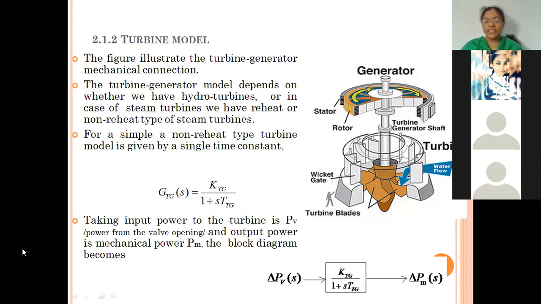So here what we are doing for the whole power system is writing block diagrams. Rather than just saying how to control it or what to do, here we are deriving a block diagram for each and every piece of equipment. And after getting the block diagrams for each and every piece of equipment, we are going to interlink them and have a power station represented as a block diagram.